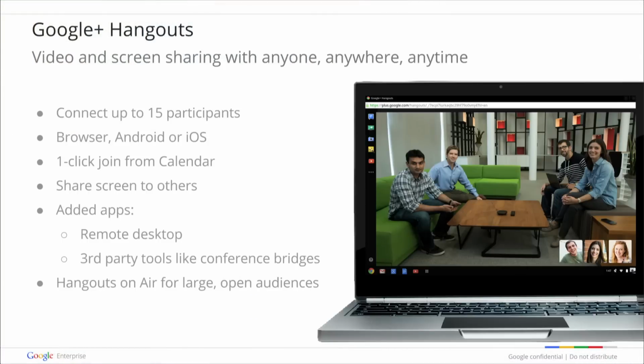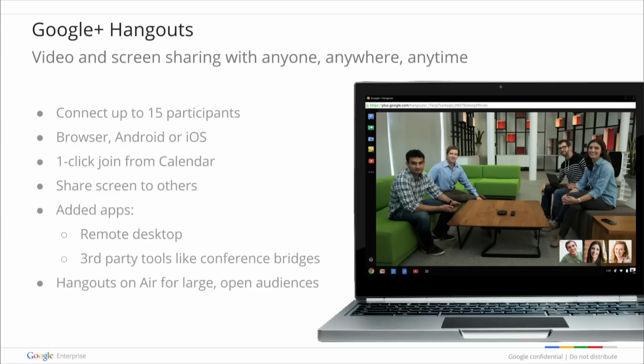The other side to it is video communication. This is something that's, frankly, a little bit new in the industry, in that we've made multi-way video really, really easy to use and really simple to set up. So what we've done here is you can chat with up to 15 participants via video chat within Hangouts. And that, again, includes any devices across web, Android, iOS. And it makes it simple for you to just join a meeting.